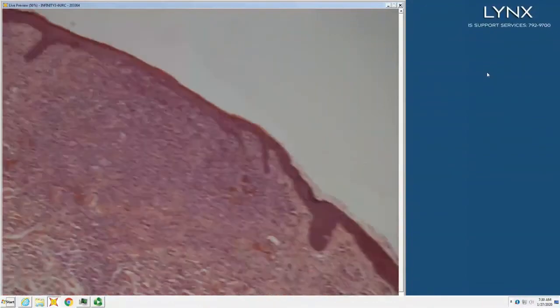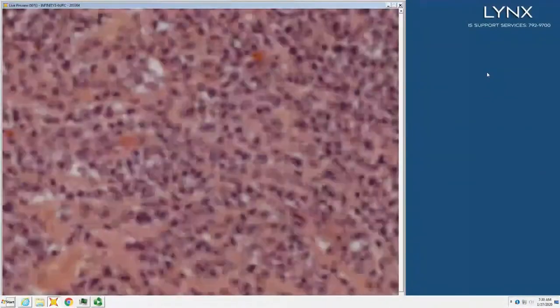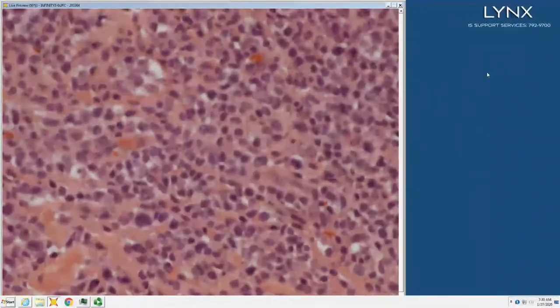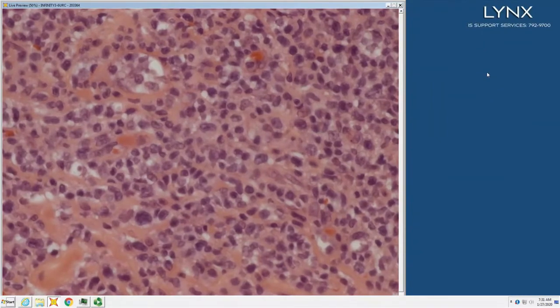In this particular case, when you look at the T cells, they're not nearly as hyperchromatic and convoluted as MF tends to be. In MF, they tend to be really black cells with notches in them. These are not quite as notched and not quite as dark, which is sometimes a clue to